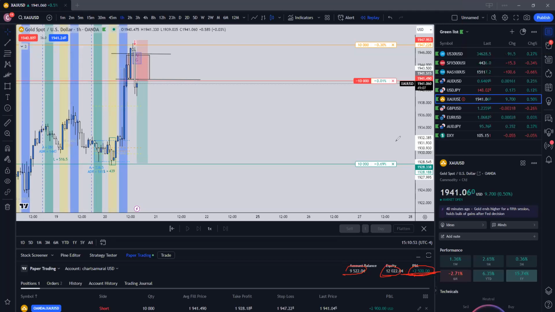The one thing I like is I normally go for like a 2-to-1 risk reward, and then as soon as I hit 1-to-1, I just move my stop loss to break even and almost walk away, because at that point, if it continues to run up, it's going to go in profit. But if it's going to come back down, then it's just going to stop me out. Or if it's really close to my 2-to-1, then I'm like, okay, I had enough. Then I'm ready to just take profit, because I can't go wrong taking profit.